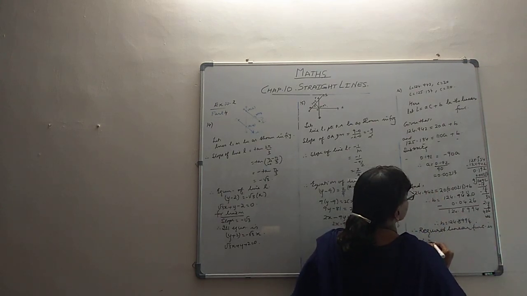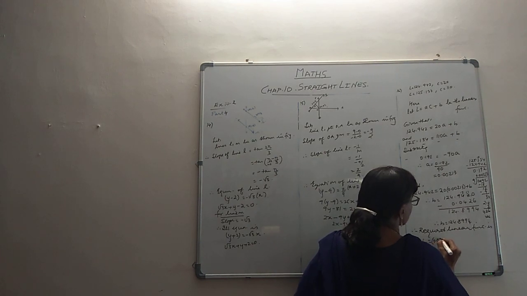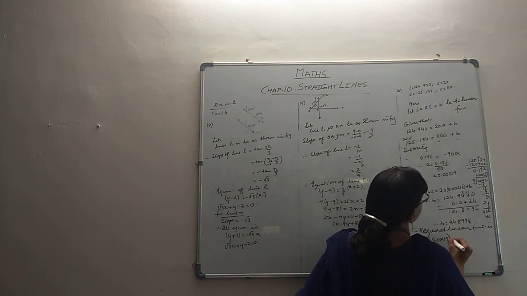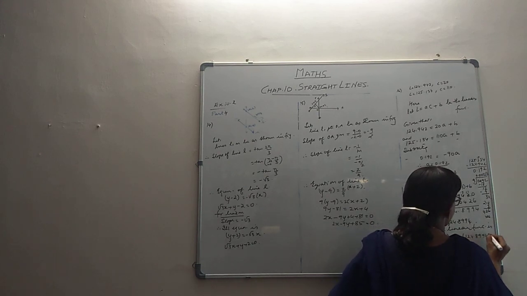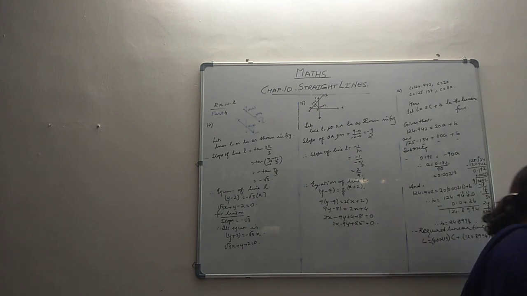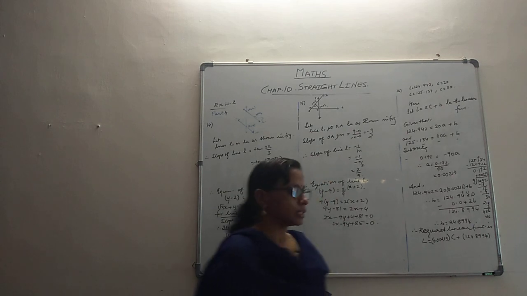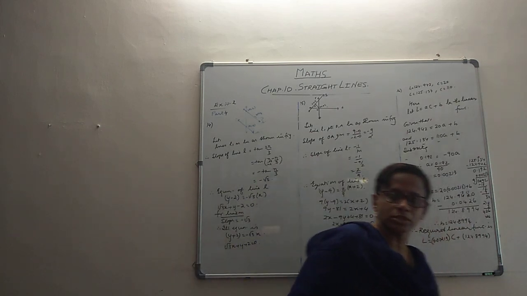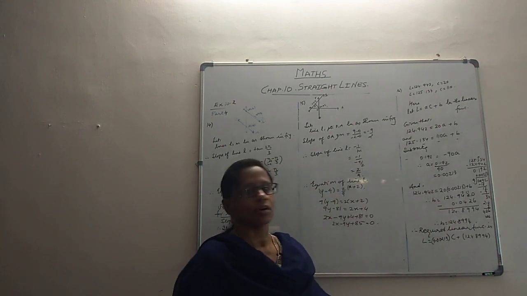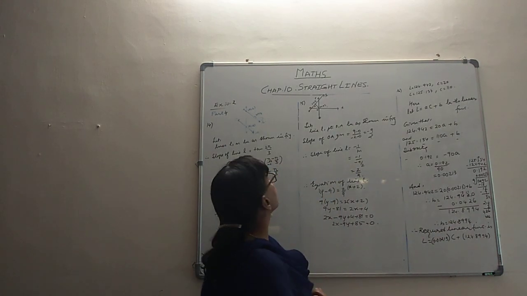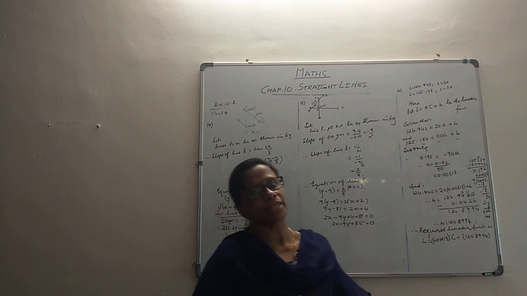Therefore the required linear function is L equals 0.00213 times C plus 124.8994. Roughly this is how it is going to come, but I have to check. There will be a little bit of variation, because it depends on the number of decimal places that you take; accordingly the values will change. This is how you get the linear function. So that's about this part. The remaining problems will come in the next part. Thank you.